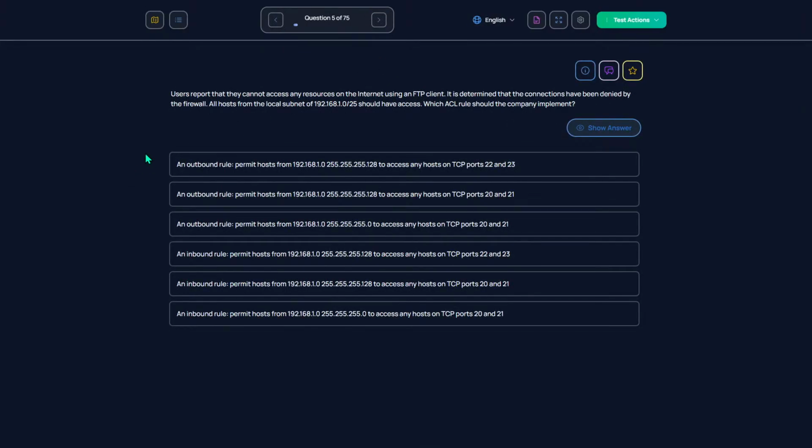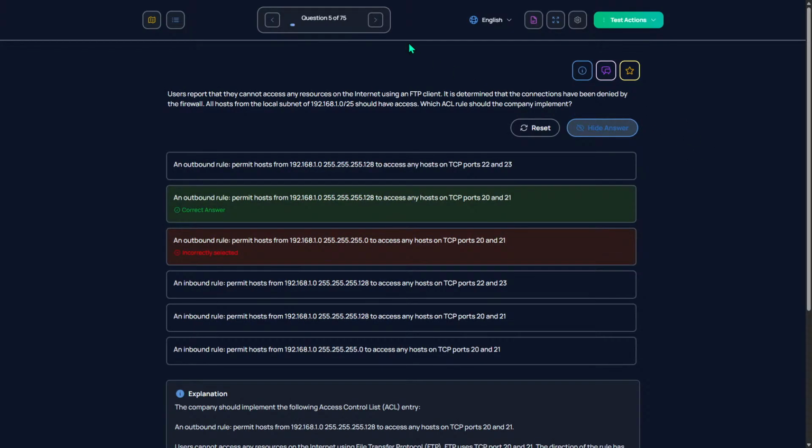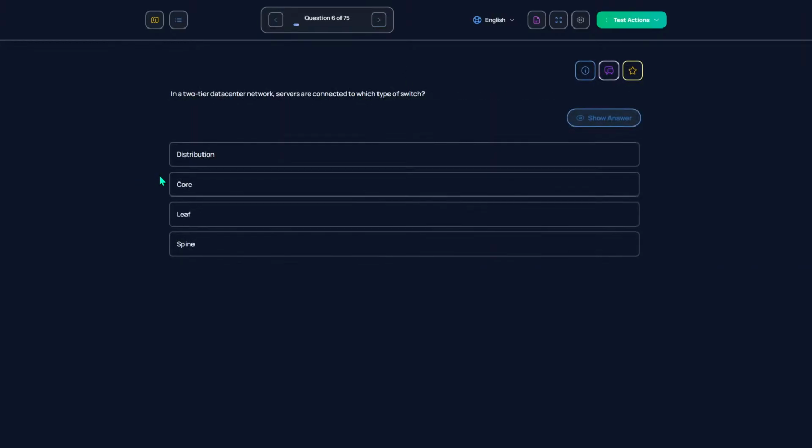Users report that they cannot access any resources on the internet using an FTP client. It is determined that the connections have been denied by the firewall. Yeah, fuck that question.